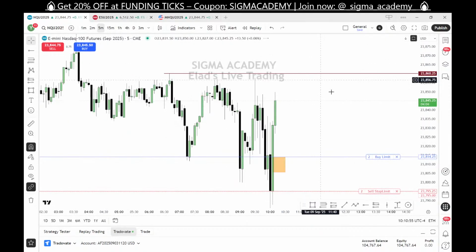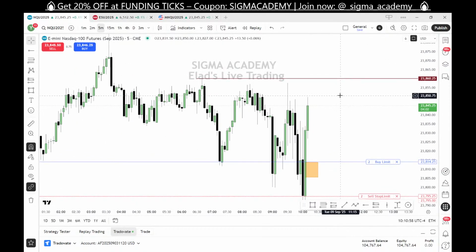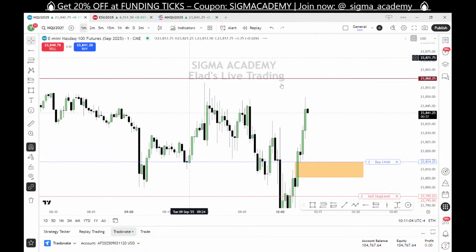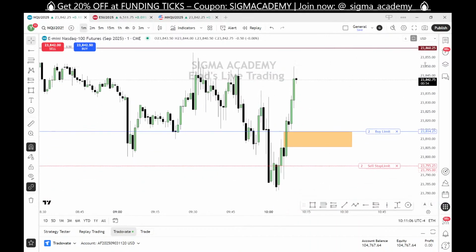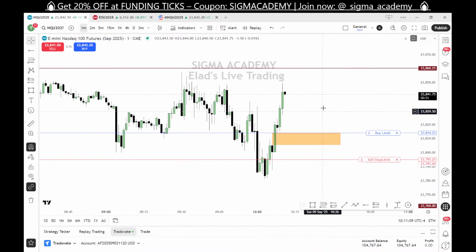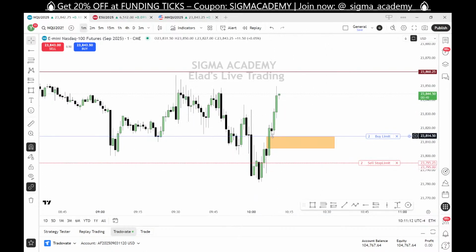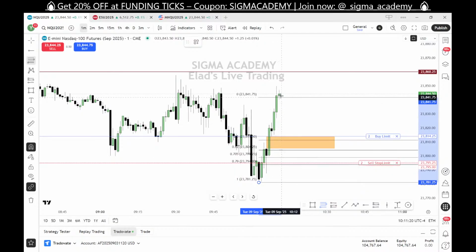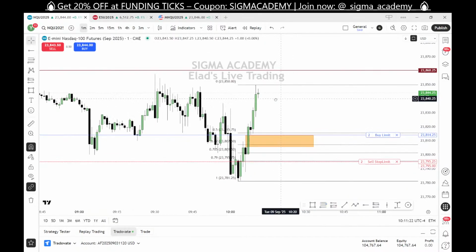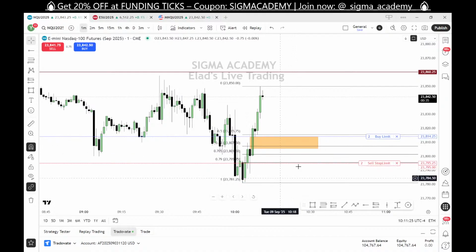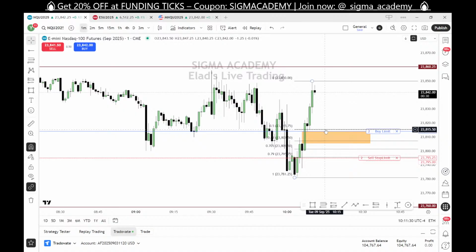Five minutes. Do something. MSS on the 5 minutes officially. Now, once the market ran away from me and I don't have any chance to go in this area on the lowest low, I measure with an OTE and see where the market is going to pull back. I can't buy above the 50%, so for now we are good.